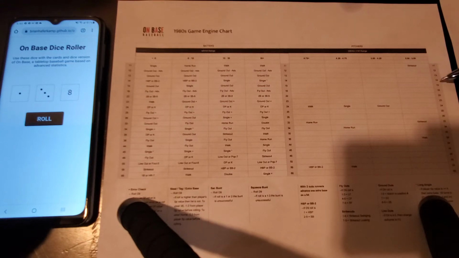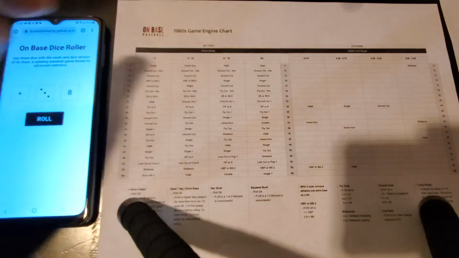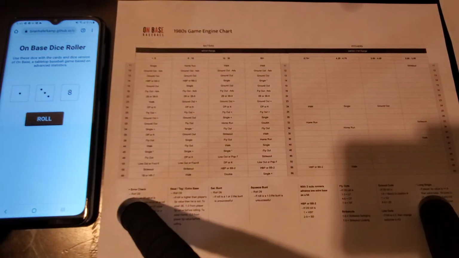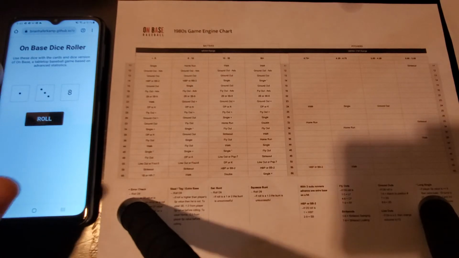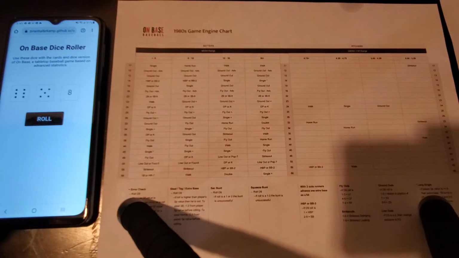A 1-3 to Ray Knight. Ray Knight also a 12, so a 1-3 is going to be a ground out, and that's a grounder to second base. So with 1 out, we're going to try for the double play. I always like to assume the out at second, so we'll call Mitchell out, and then we'll roll against Ray Knight's speed rating, which is a 2, so he's going to be out at first. So that's a 4-6-3, and that gets the Expos out of the inning. So 3 up, 3 down. Even after the single, McGaffigan gets the inning-ending double play, so nice first inning for him.